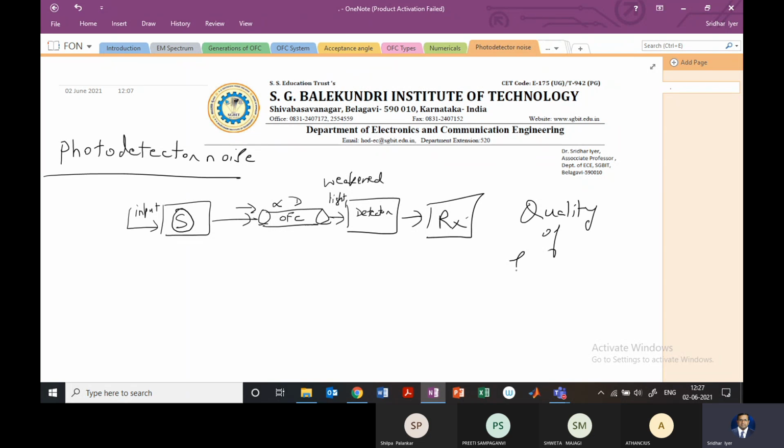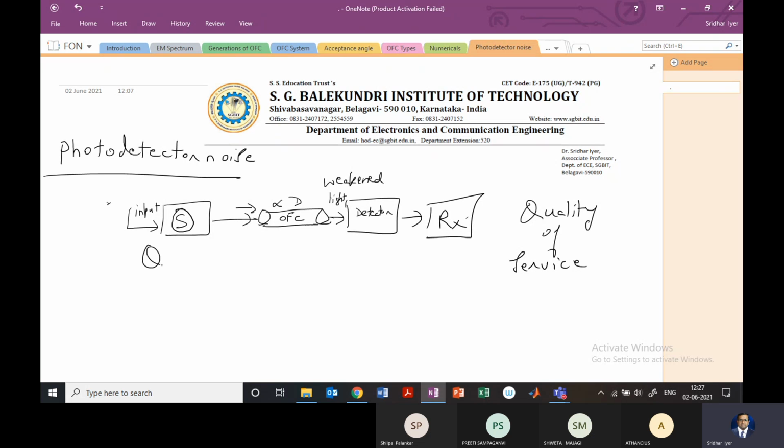So what is this quality of service? As a customer, we always look for a quality of service. If I've spent 5 rupees on something, some commodity, I expect that I get quality which is at least equal to that 5 rupees. If I get more, I'll be more than happy, but at least I should get that much. That's a very layman way of understanding QoS.